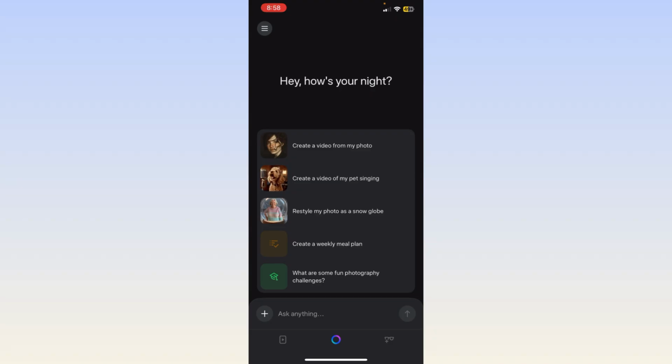So now what you can do is you can see there is a plus icon at the bottom left corner of this section. So just tap on that plus icon, and you can see there are two more options available afterwards. First one is camera and another one is gallery. So just select the gallery, and you need to upload an image. And yeah, once you enter your prompt and send it, you will be able to generate your same images from Meta AI using images. So basically this is how, and this is the process to generate your same images with